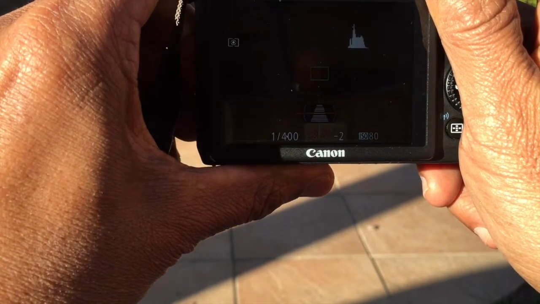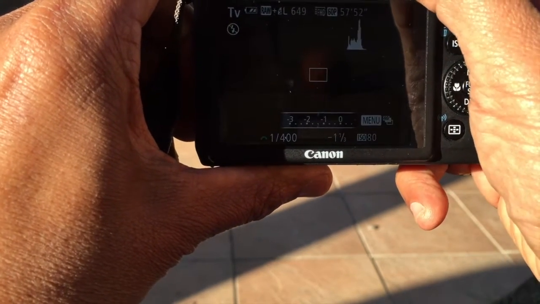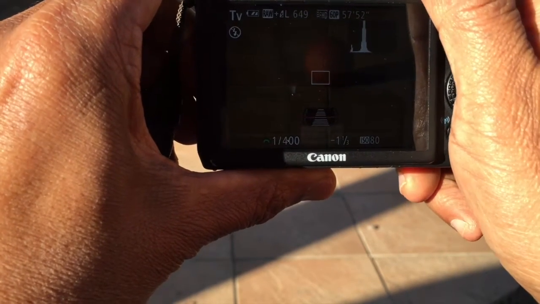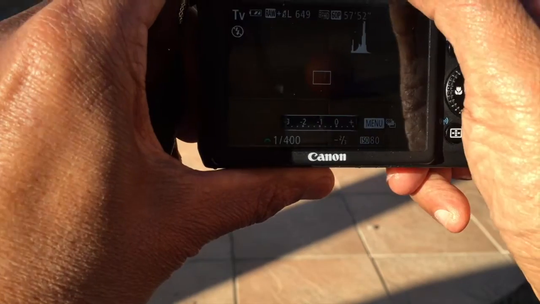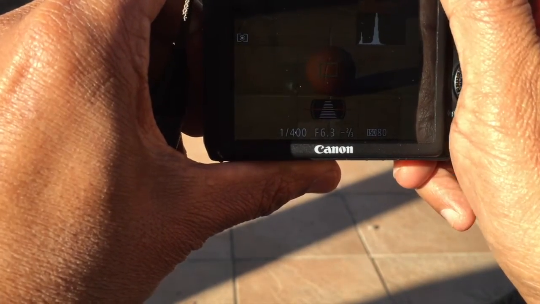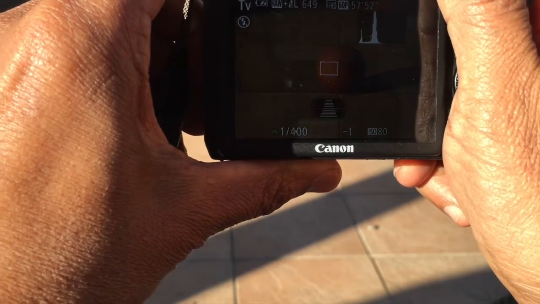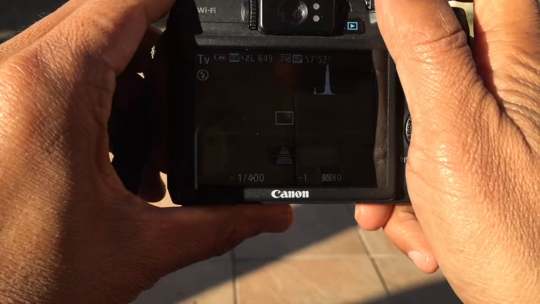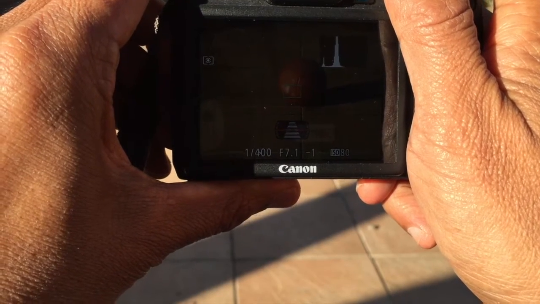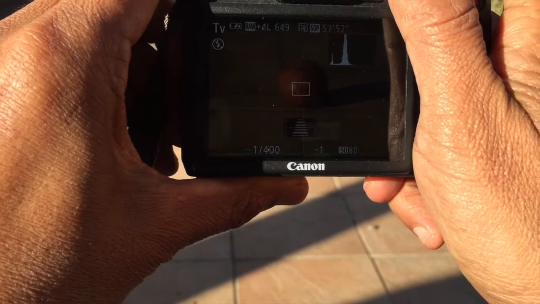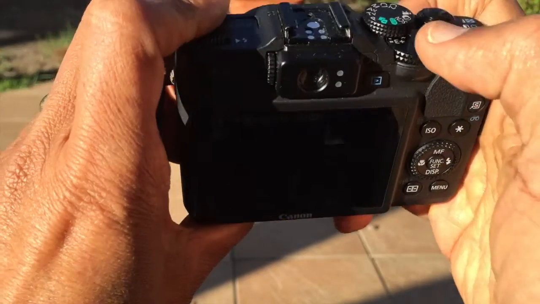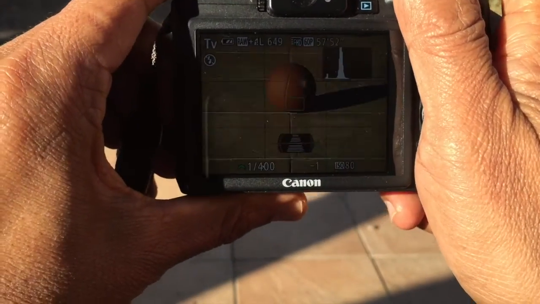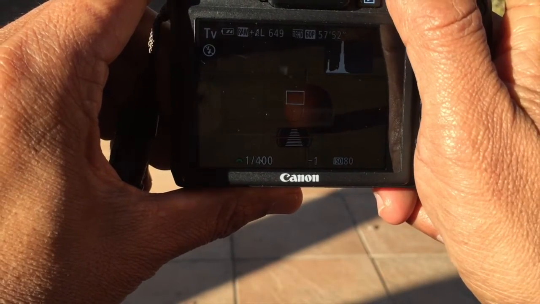But what that's actually doing is it's trying to close down the f-stop as much as it can, so that it'll make it darker. So that's what exposure compensation does when you're in shutter priority mode, right? And the problem is you're going to run into a wall. At 1/400th of a second, because I'm controlling the shutter speed in this case, you're going to run into a wall,